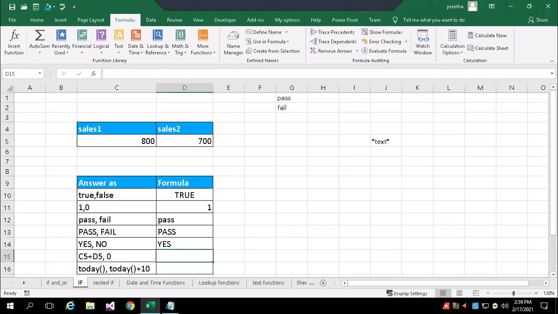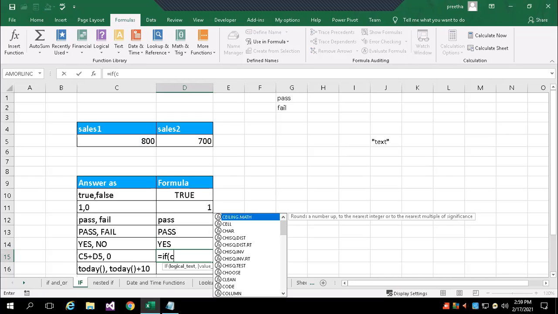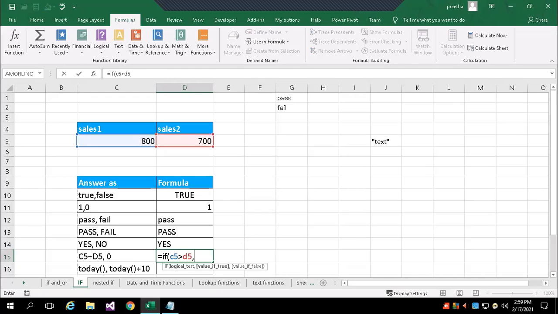Same way, I will write one more formula in this. IF C5 greater than D5, then I wanted to add C5 plus D5, else it should be 0.